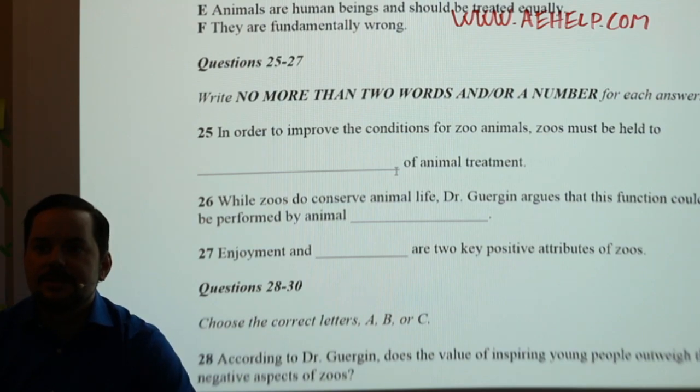Somebody give me some paraphrasing for this. For the better treatment of zoo animals, absolutely. To make life better for zoo animals, they must be held. Very good, guys. To develop an environment, to develop a positive environment for zoo animals, Jamshid. To enhance the surroundings for zoo creatures,